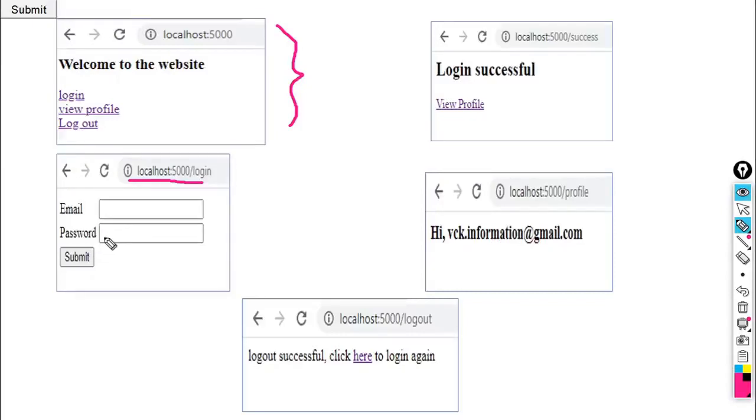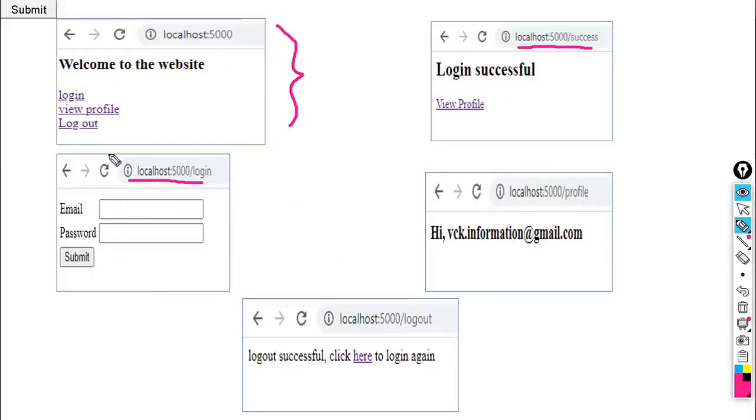When your email ID and password are correct, click on the submit button, and it will execute this URL. You will get the message "login successful", and with the help of this link we can view this profile. When you click on this, it automatically invokes the /profile link. So this is the way.